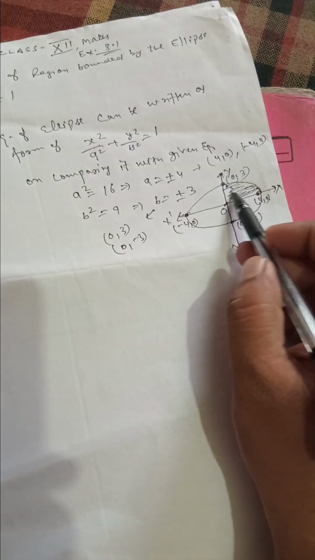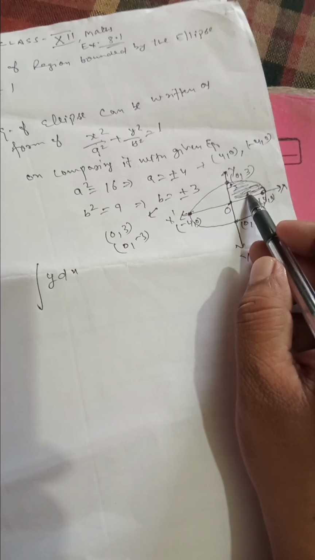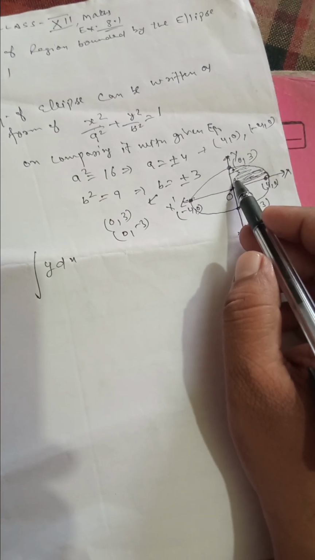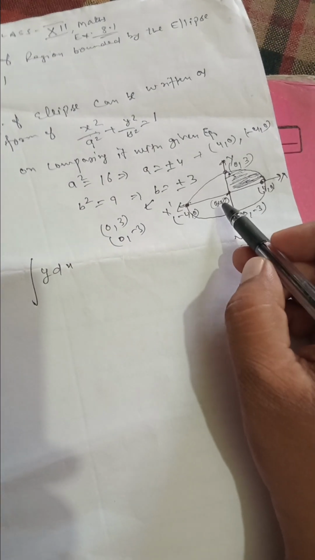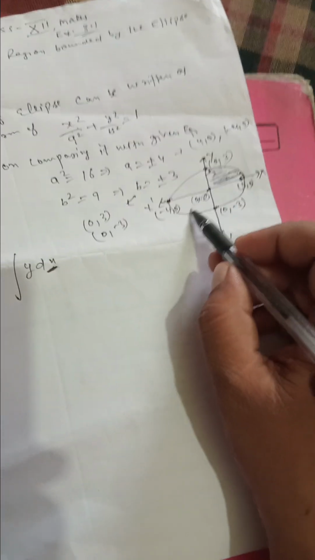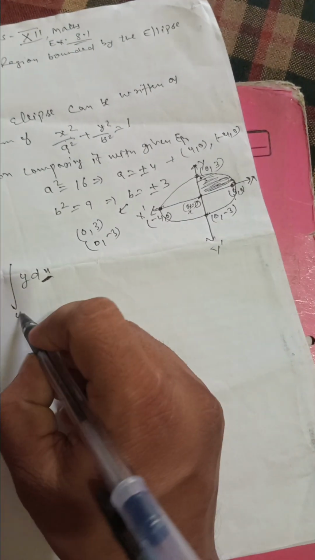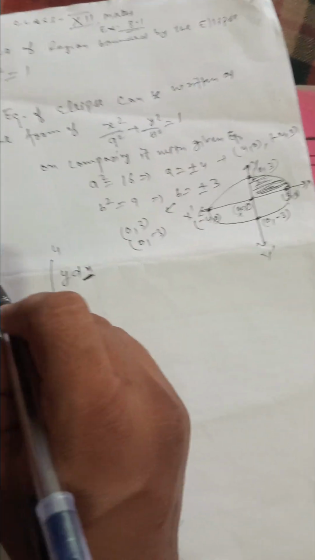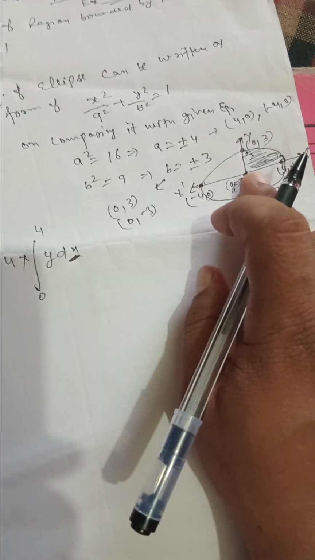So we will find the area in the first quadrant, meaning y dx. In the first quadrant, area can always be calculated as the integration from a to b of y dx. So here the limits start from the origin 0, 0, and by using dx we have to integrate with respect to x, using the limits x from 0 to 4, y dx. So required area equals 4 times the area of the first quadrant, from 0 to 4, y dx.